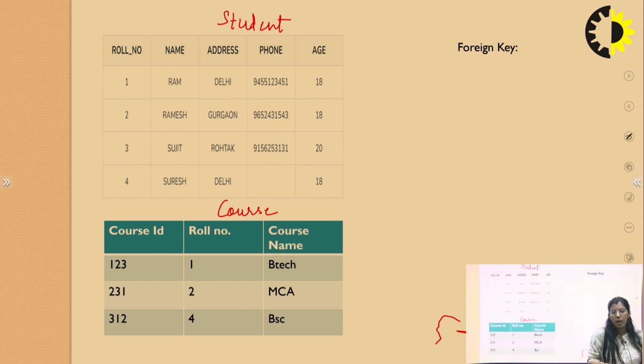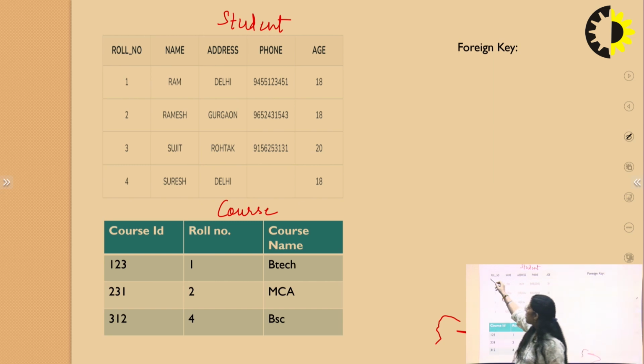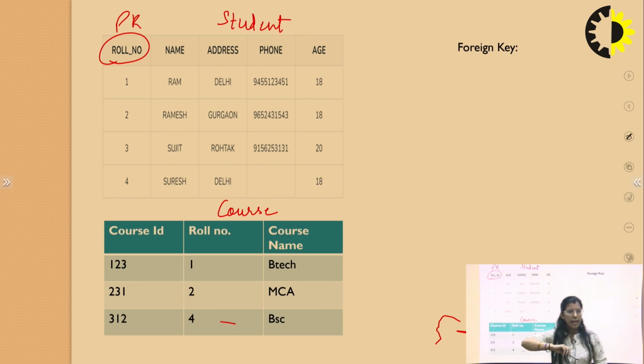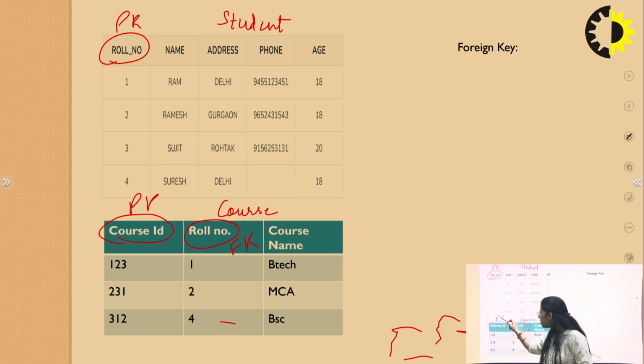For this concept, the foreign key plays a major role. Here the primary key for this table is roll number, as we discussed earlier, and here also roll number is there, but here it is considered as the foreign key for this particular table, and this is the primary key for this table.